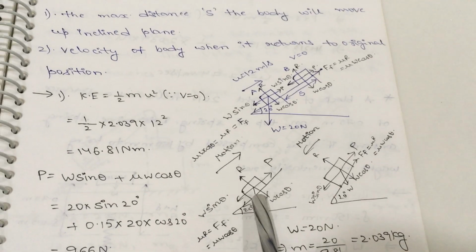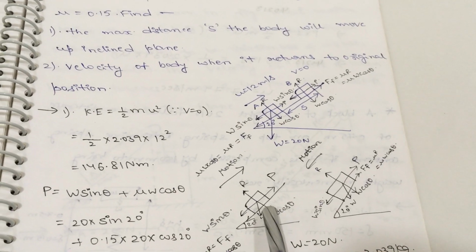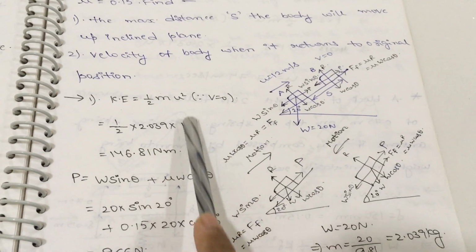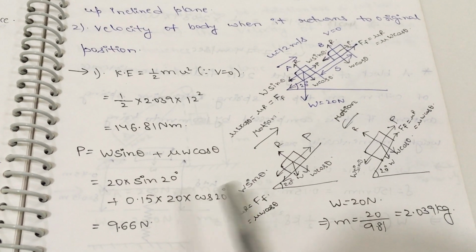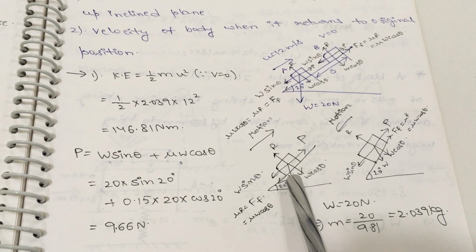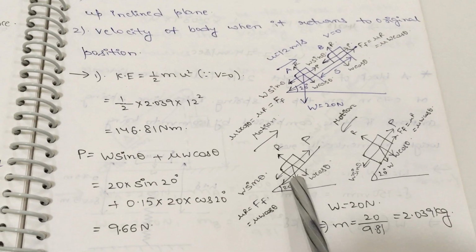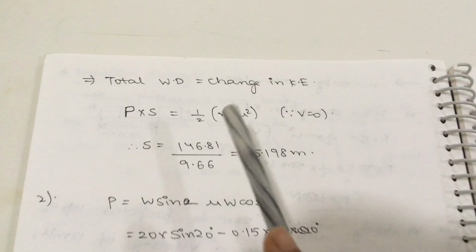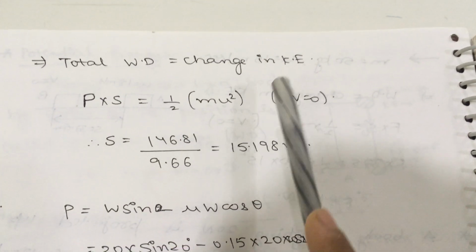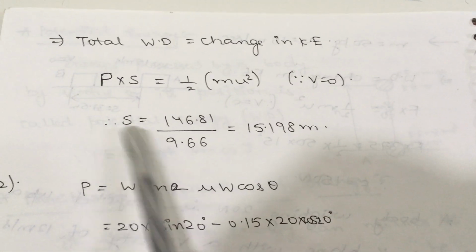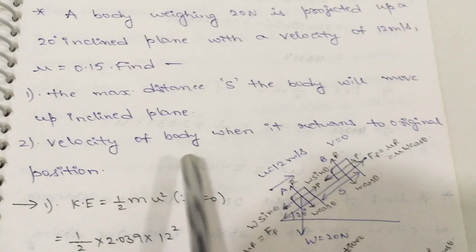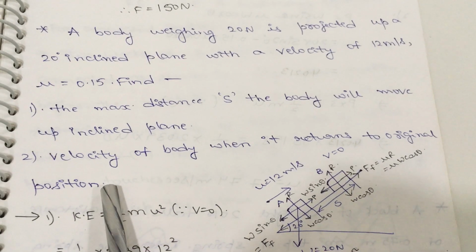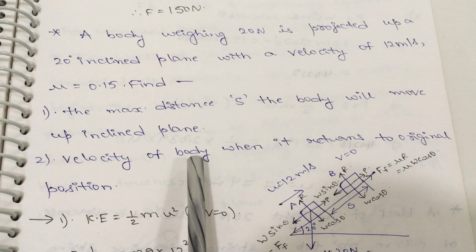So draw the free body diagram in the upward motion and first calculate the kinetic energy, next force according to the equilibrium condition sigma H is equal to 0 from this free body diagram and apply the work energy equation in terms of the linear quantities and calculate the displacement value. In the second bit, in the downward motion, they are asking us to calculate the velocity.